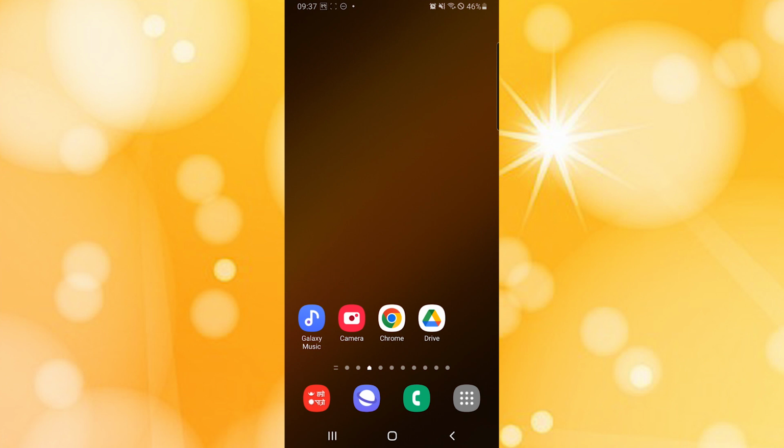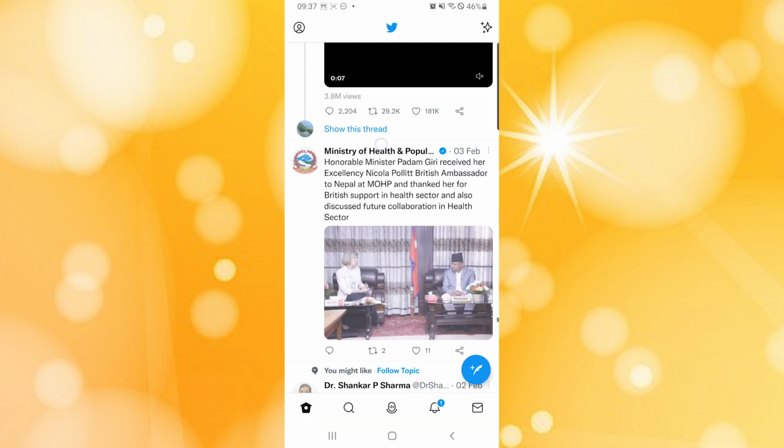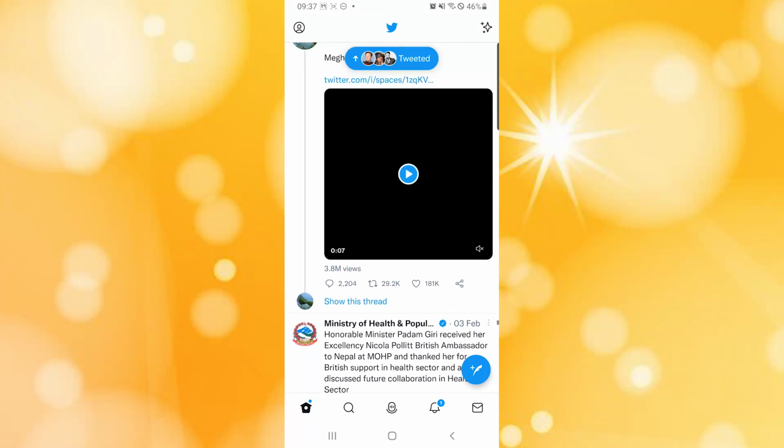Now, in order to deactivate your Twitter account on your phone, first open up the Twitter app like this. And guys, make sure to log into the account which you want to deactivate. And now to proceed with the deactivation process, at the top left corner of the screen, you can see your profile icon available over here. Tap on that profile icon like this